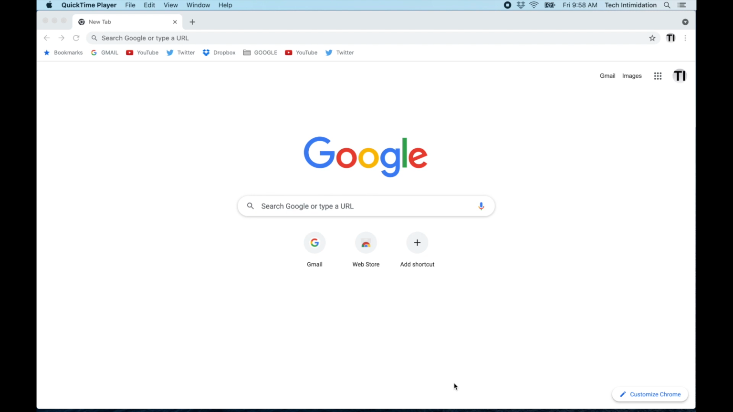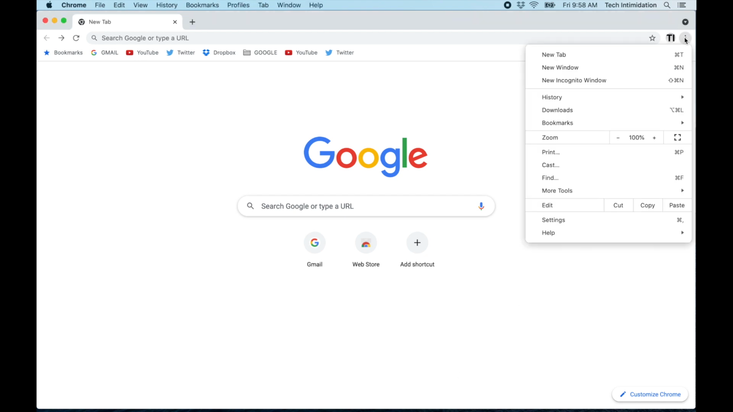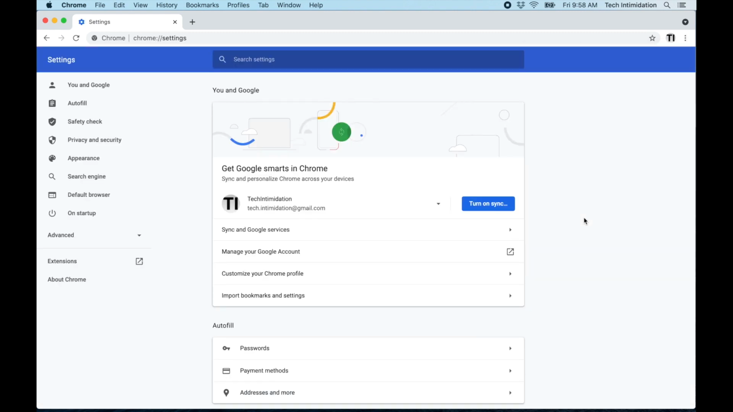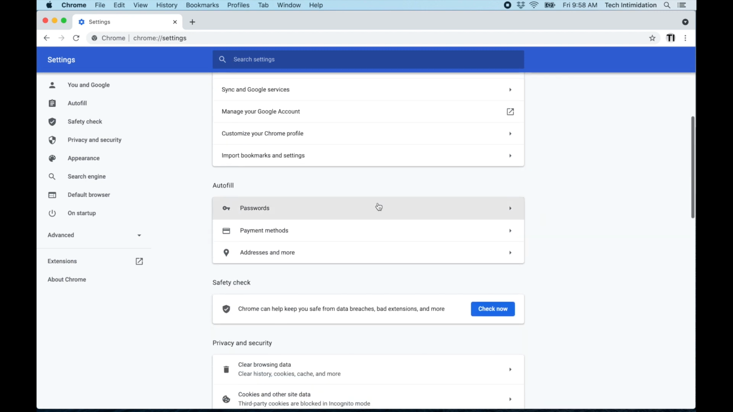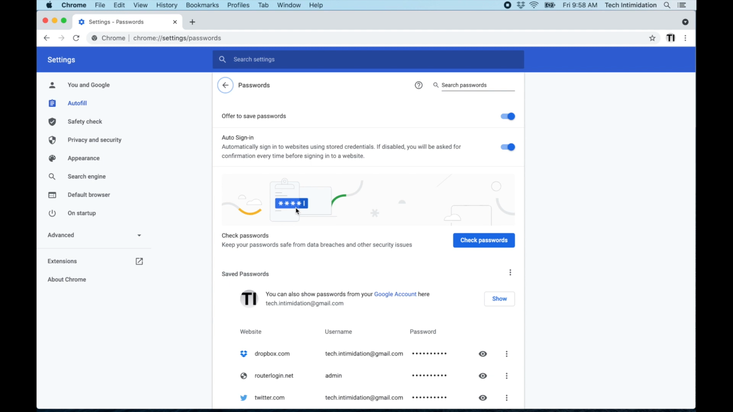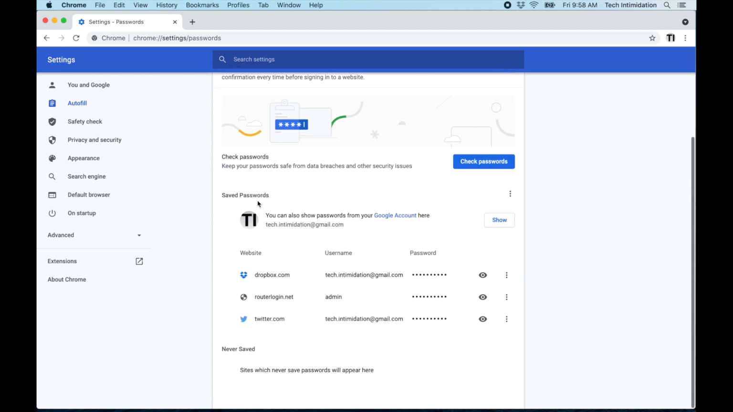In Google Chrome, go to the top right of the window and click the three dots. Scroll down and click on Settings. In the Settings menu, scroll down to underneath Autofill and click on Passwords. Here in the Passwords settings menu, we want to look at Saved Passwords, and to the right of that there's three dots. Click those three dots and click on Export Passwords,